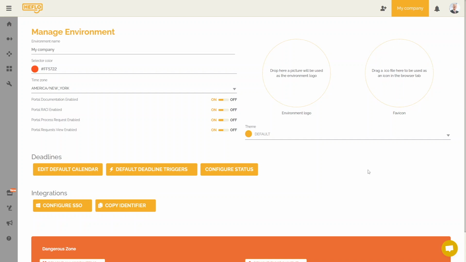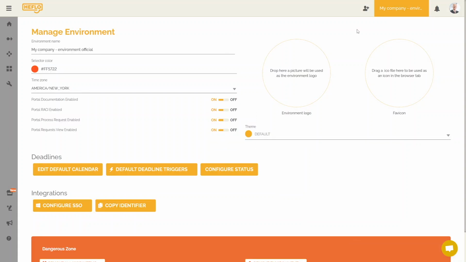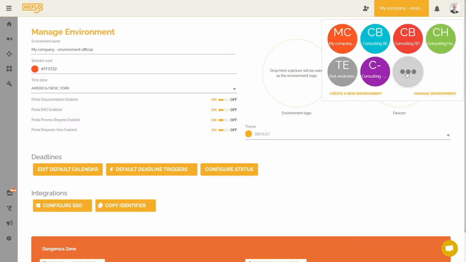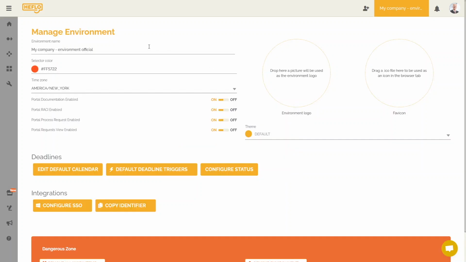You can also find in this screen the name of your environment. This is the name you can see at the top right of your screen. You have the option to modify it. I will change the name of the environment. You must click on Save to save the modification. As you can see, the name change has been taken into account. In our case, we are going to redefine the name by putting the original one.